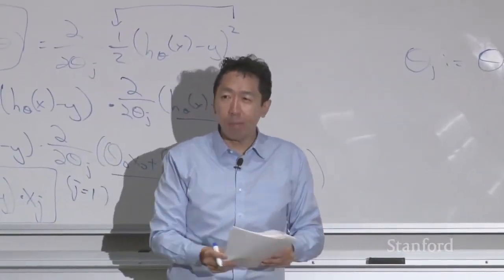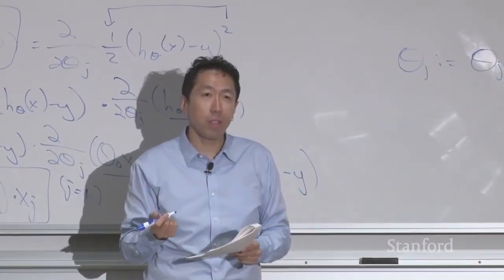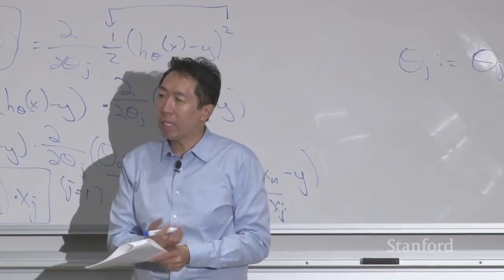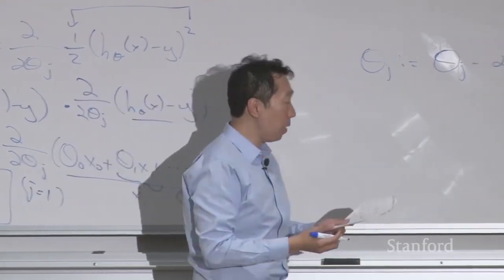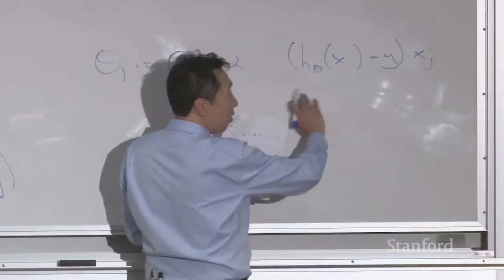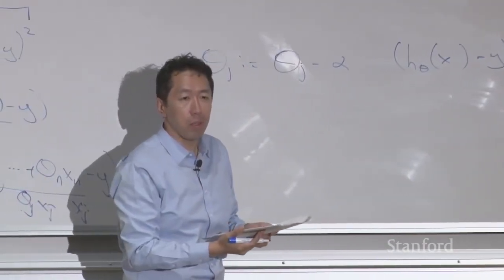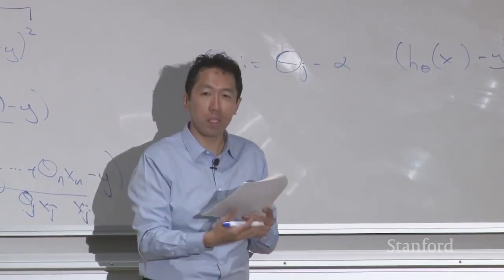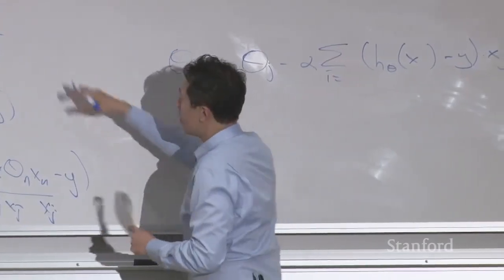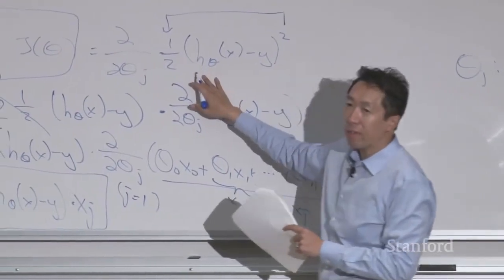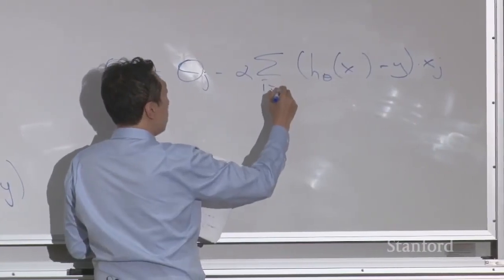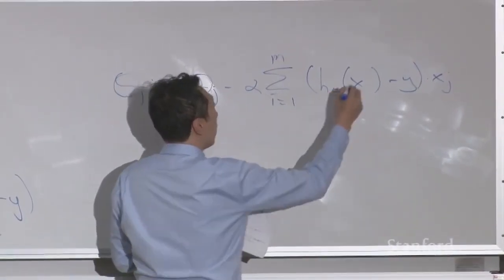Now, I'm going to add a few more things to this equation. I did this for one training example, using the definition of the cost function j of theta defined with just one single training example. But you actually have m training examples, and so the correct formula for the derivative is to take this thing and sum it over all m training examples. The derivative of a sum is the sum of the derivatives, right? So if you redo this derivation with the correct definition of j of theta, which sums over all m training examples, you end up with the sum from i equals 1 through m of